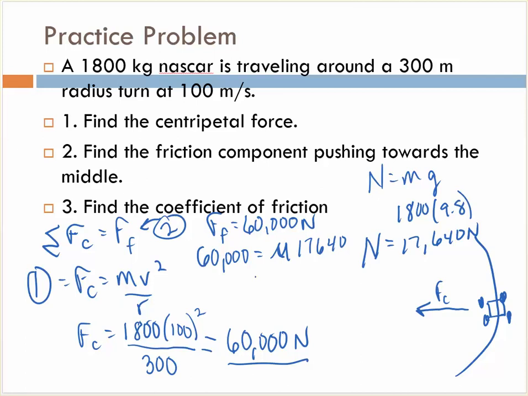Okay, in this problem here, a 2,500 kilogram vehicle is on a 250 meter radius turn. The road has a coefficient of 0.6. Find the frictional centripetal force pulling on the car. So I'm going to do that over here. Step 1. The sum of the forces is going to be, the only force that's pulling on the car is the force